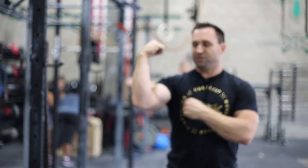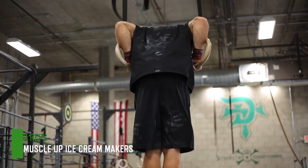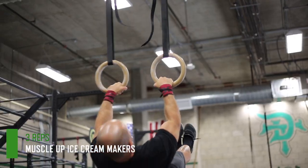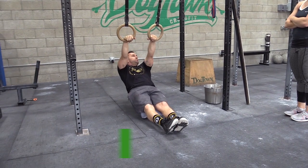This is really grip, lat, and pec intensive. Stay tight, pull, good. The magic really is understanding where you're breaking down and then being able to scale the drill appropriately so we're getting what we want out of it. The idea is to maintain shape as you pull,